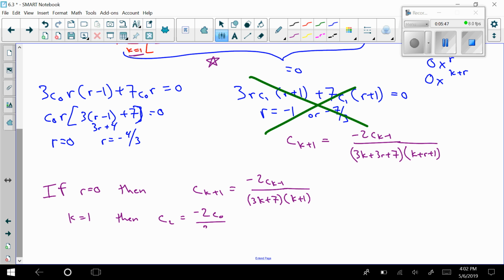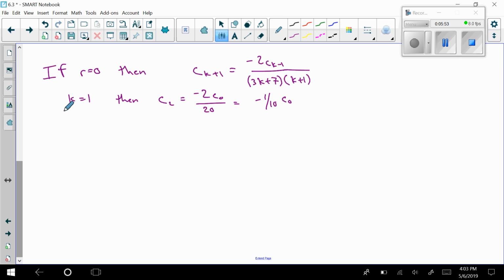2 times 10 would be 20. Of course, we simplify as negative 1/10 c naught. Then I do k equal to 2. Then we would have c sub 3 equals negative 2 c sub 1